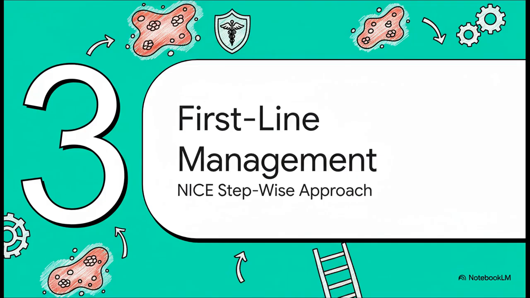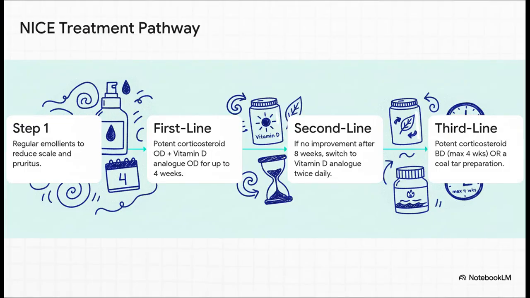In section 3, we're covering first-line management, and we're going to walk through the stepwise approach for chronic plaque psoriasis, straight from the NICE guidelines. The pathway is super logical. It all starts with regular emollients. Then, for first-line treatment, you combine a potent corticosteroid and a vitamin D analog, applied separately once a day for up to 4 weeks. If that doesn't work after 8 weeks, you move to step 2, a vitamin D analog